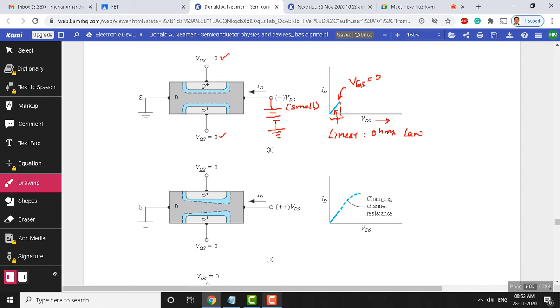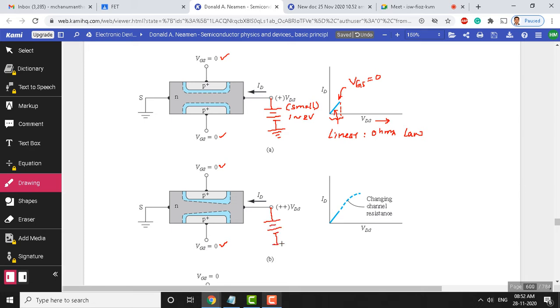In this, again VGS is maintained constant, which is 0 in this case. We retained the same situation from this to this. There is no change with VGS. But look at VDS now. It's not small now. We have raised this VDS to a little higher value. Suppose here I may go from 1 to 2 volts, but here I may go from 2 to 5 volts range. This is again VDS.